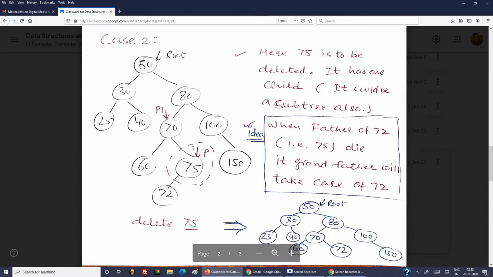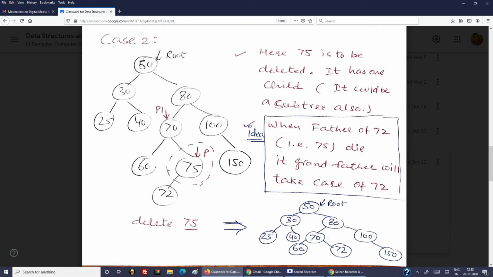What we will do, whenever we delete a node which has one child, then we add this one child to its grandparent. Means the parent died, so it will go to the grandparent's hand. I hope you are getting this point, that whether left child or right child, if we delete a node, if a left child is present, it will go to its grandparent, or if a right child is present, it will go to the grandparent.